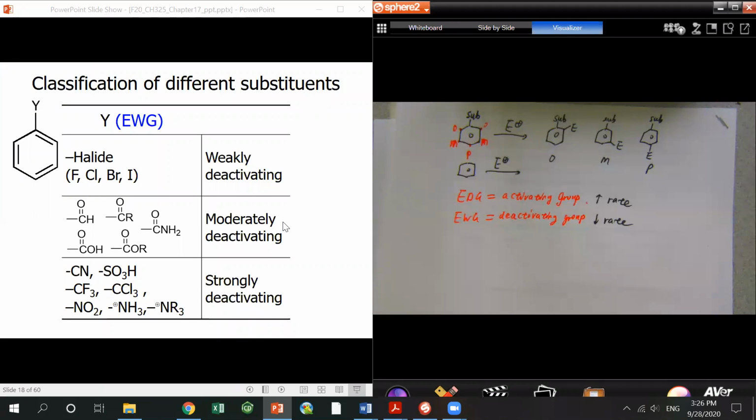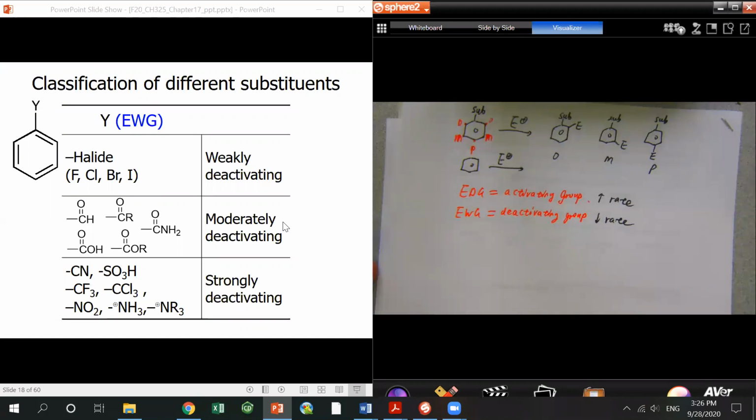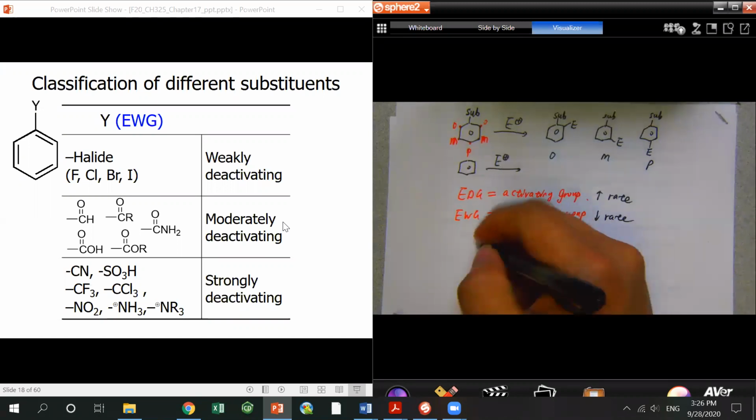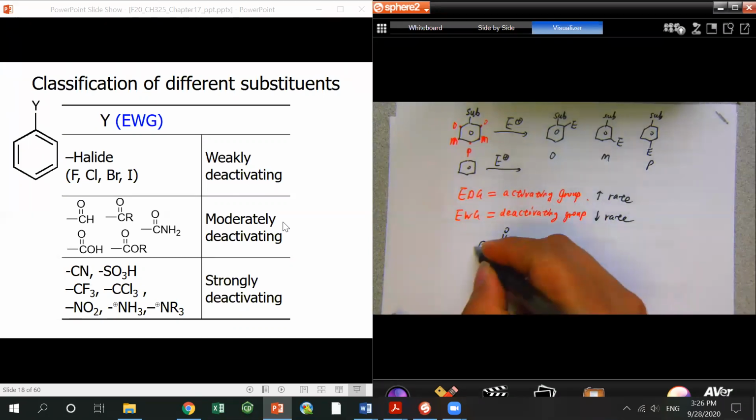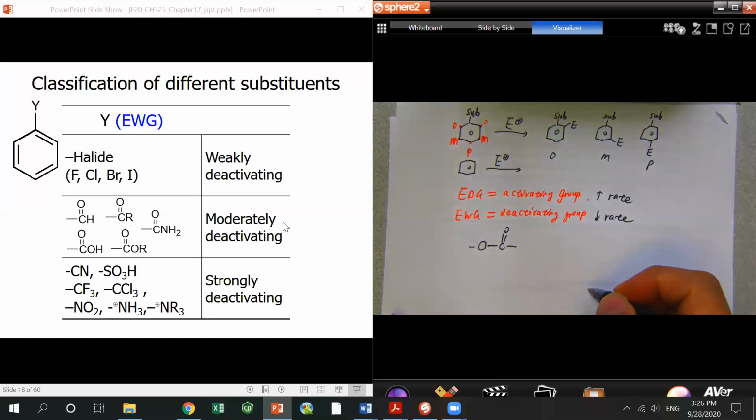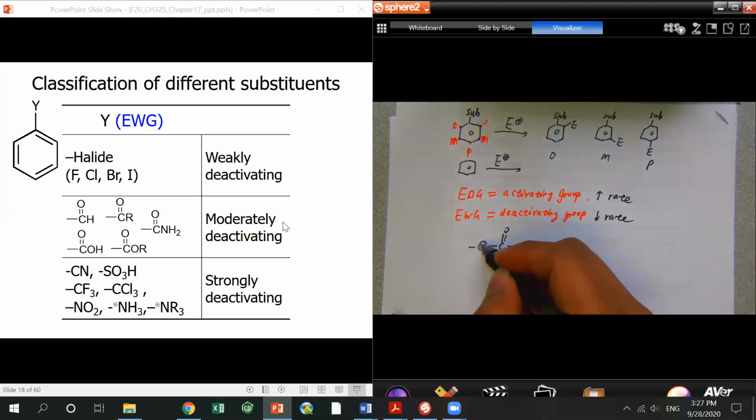The second one is the carbonyl compounds, like ketone, aldehyde, carboxylic acid, ester, and also amide. That's what we call a moderately deactivating group. Here you need to be careful. For ester, you have to make sure which end connects to the benzene. If the oxygen end connects to the benzene,